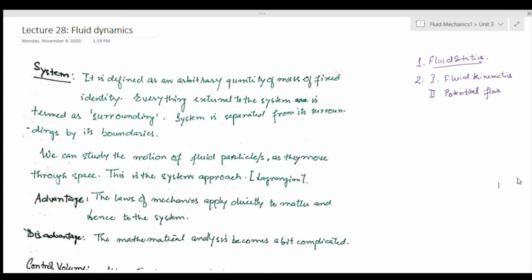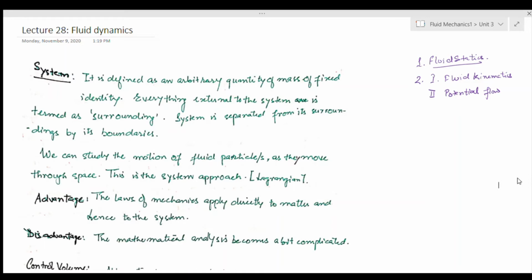There were a few parts where we were going to relate our velocity field with the pressure or with the forces. That is the part which I said I am leaving, and I would cover it after unit 3. So that's how we are coming to unit 3, and let us start with unit 3 now. Unit 3 is fluid dynamics. Here we would deal with different kinds of forces, what the laws are which are governing them, and how the interaction is happening. To start with, we need to understand a few terminologies and what they mean.